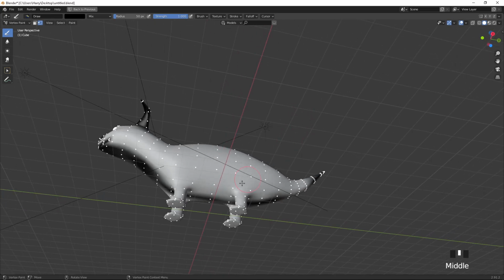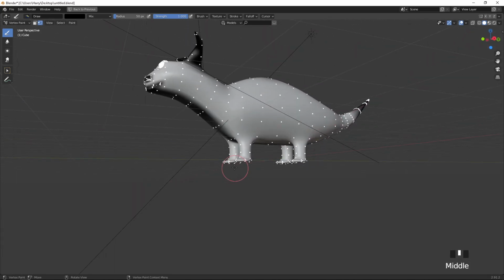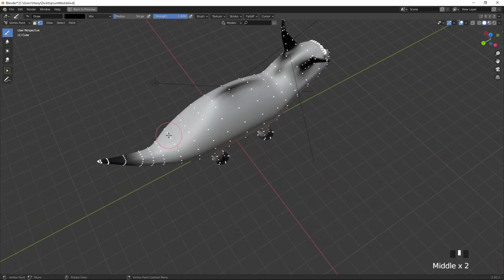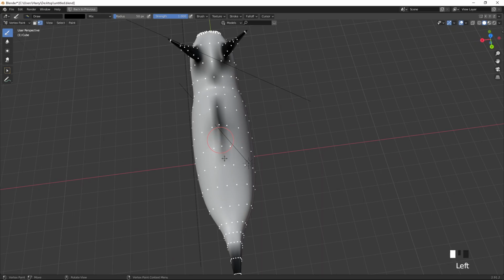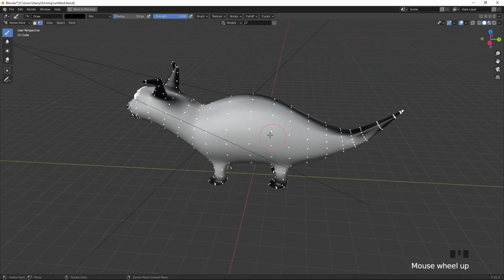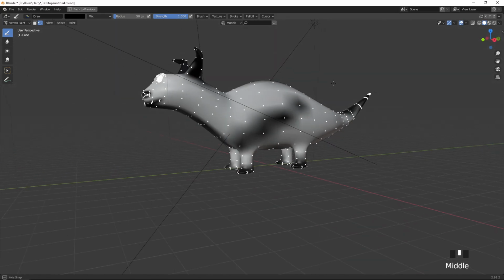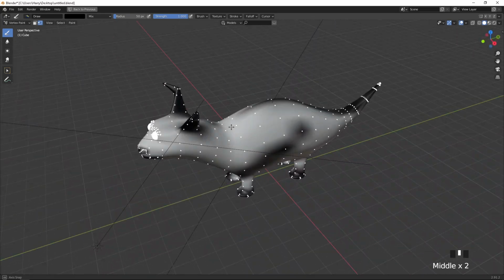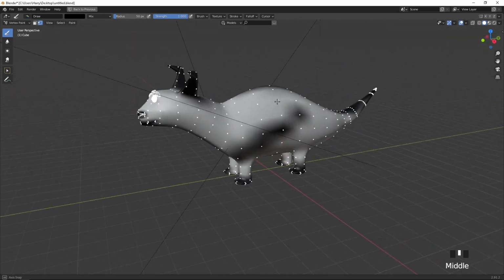I have some darkness here and some for the legs, and some for these top lines, and some for here. Fine. We have added some vertex texturing here.